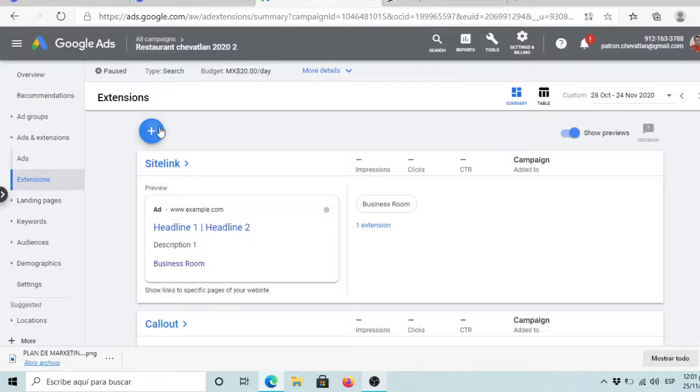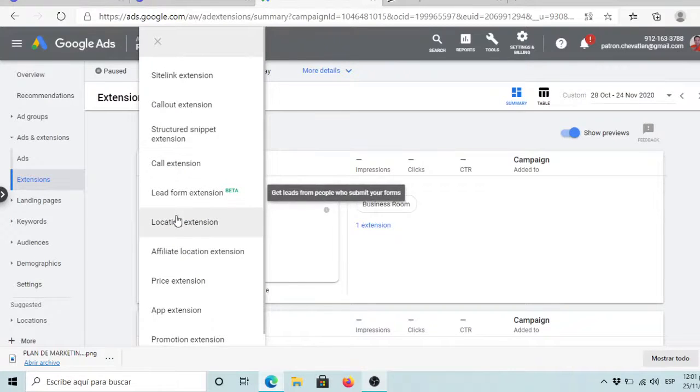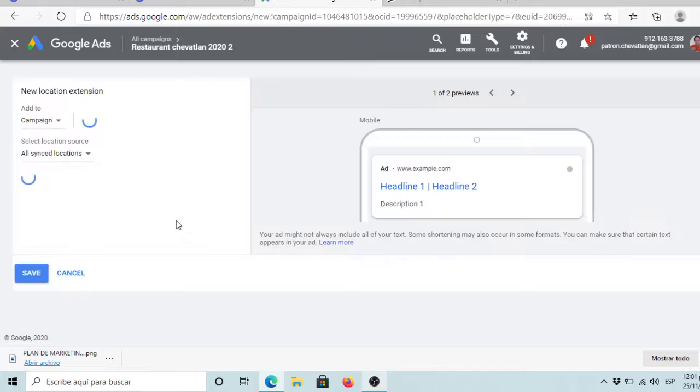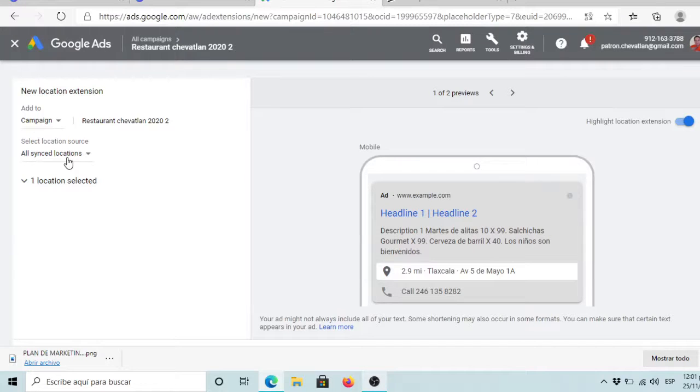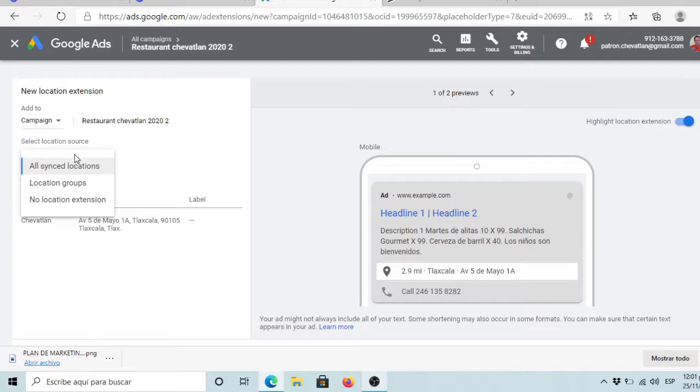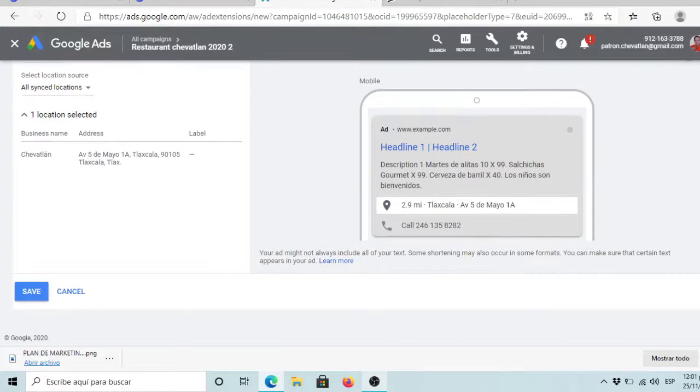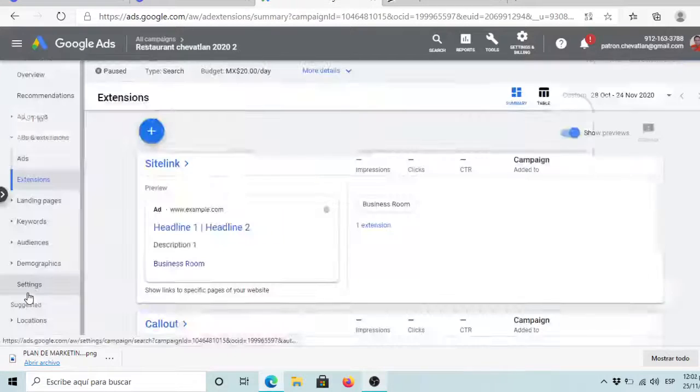The next extension that you already have, you can add here the location extension, where you can add if you already have on Google My Business your profile, you can add it. So in this case, I have already added my Chevatlan. It is here, and that's everything. The next one, I'm going to click here on save, and the next one